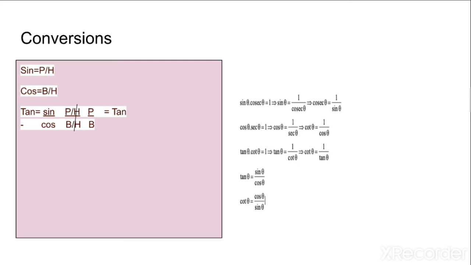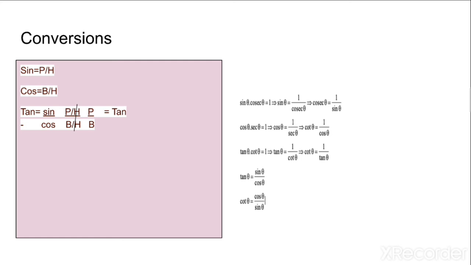Cos reverse is sec, that means the product of cos and sec, that is cos into sec, is equal to 1. And tan is equal to sin by cos, and cot is equal to cos by sin. I just showed you the conversion, how it came. So see, very easily all these formulas are there in your mind. No need to remember all this. In the right hand side, the list of the formulas that is given, you have got it into your mind without any pressure.